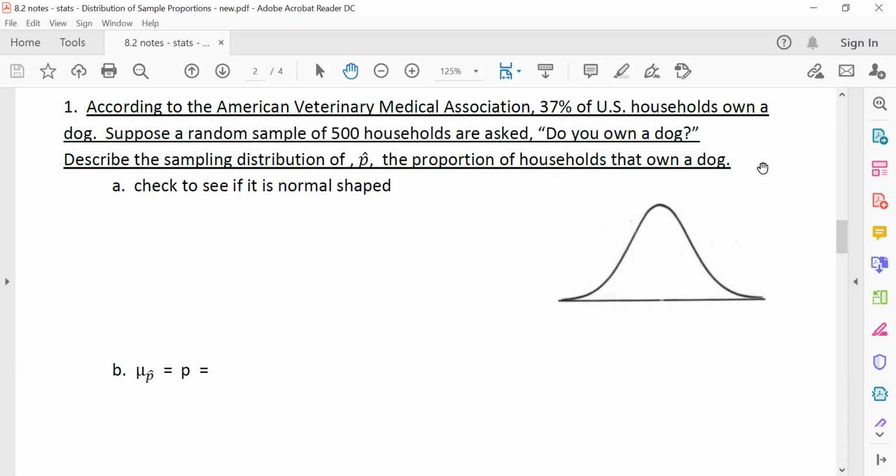So according to the American Veterinary Medical Association, 37% of U.S. households own a dog. So this means right off the bat, I have been given this information. The population proportion, we need to express it as a decimal, is 0.37. 37% of U.S. households, we're going to say that's the entire population, have a dog. So we know that p is going to be 0.37. Then we go on and take a sample of 500 households. We determine whether or not they have a dog. So our sample